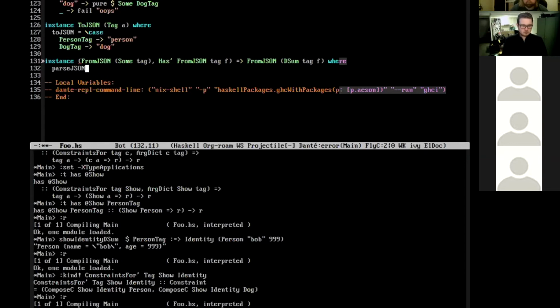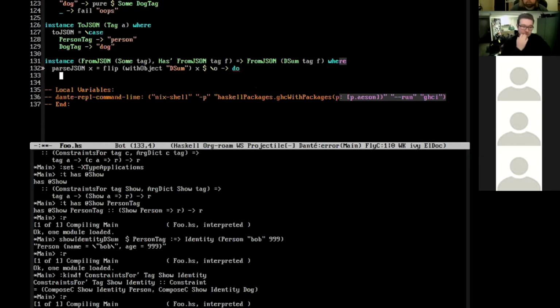So parse JSON is going to look a lot like your fairly normal Aeson code.